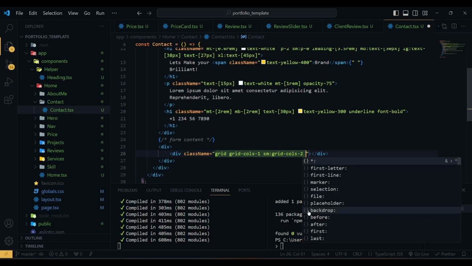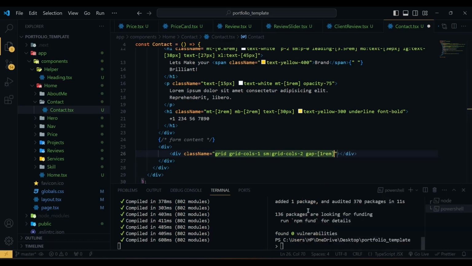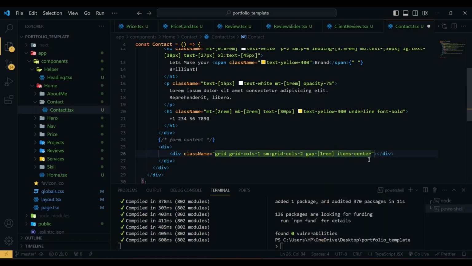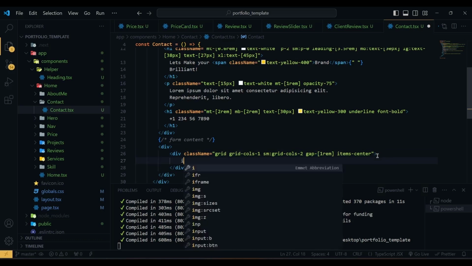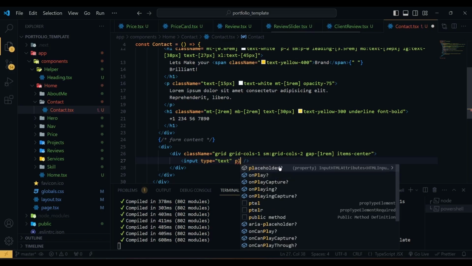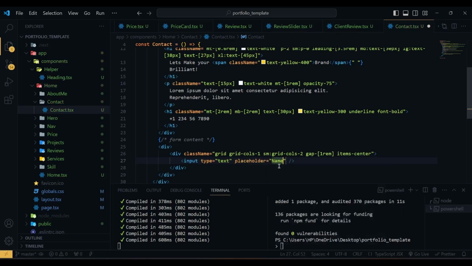Grid cols will be 2, gap will be 1 rem, and items will be center. Then inside this div, we have an input type text, and then the placeholder will be name, then the class name py